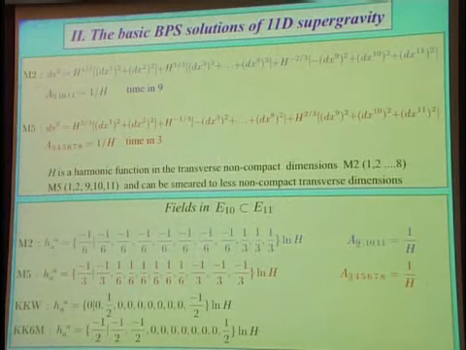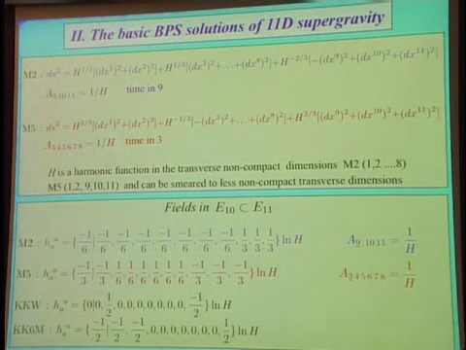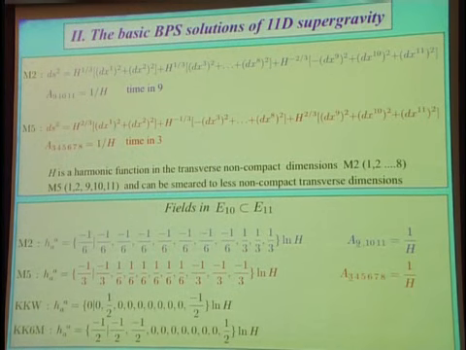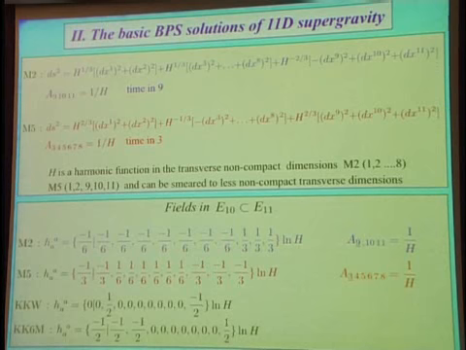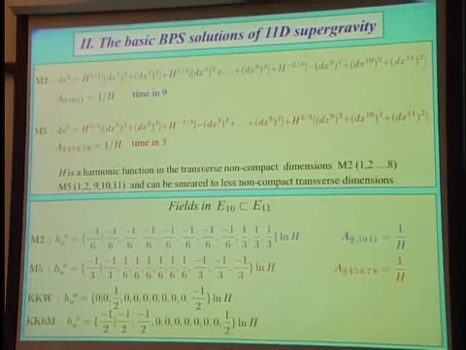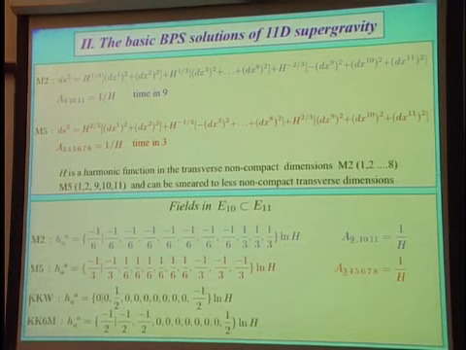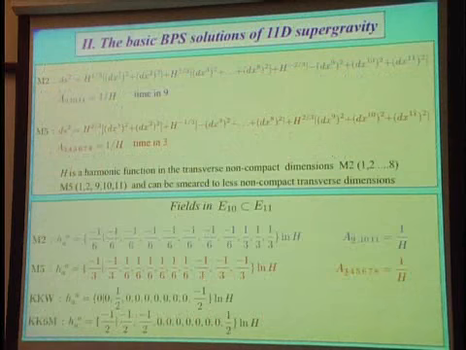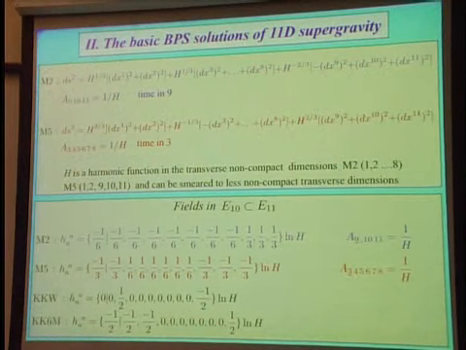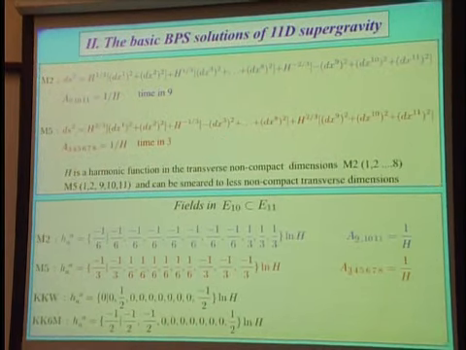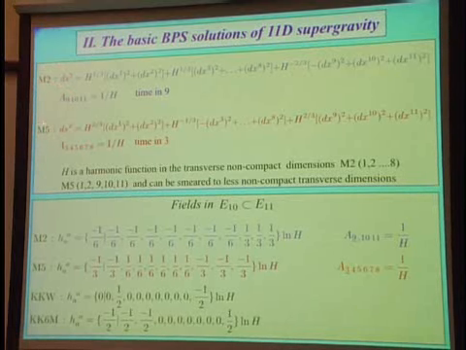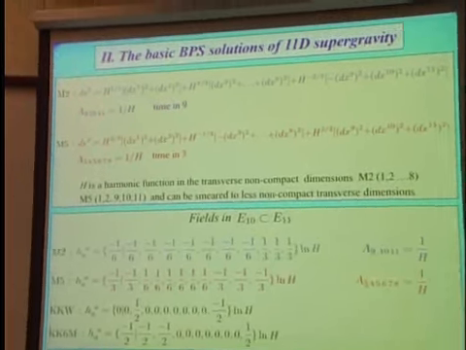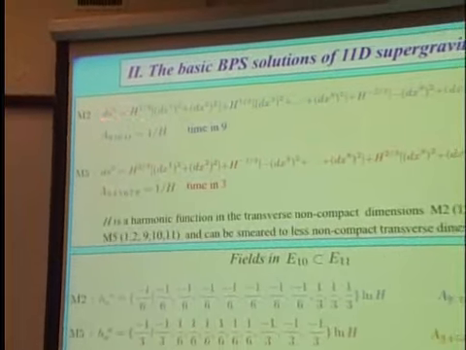Well, let's first remember I'm going to focus my attention on BPS states because that's the simplest thing to do. And the simplest one is just the 2-brane and the 5-brane in 11-dimensional supergravity, which are given by the metric that